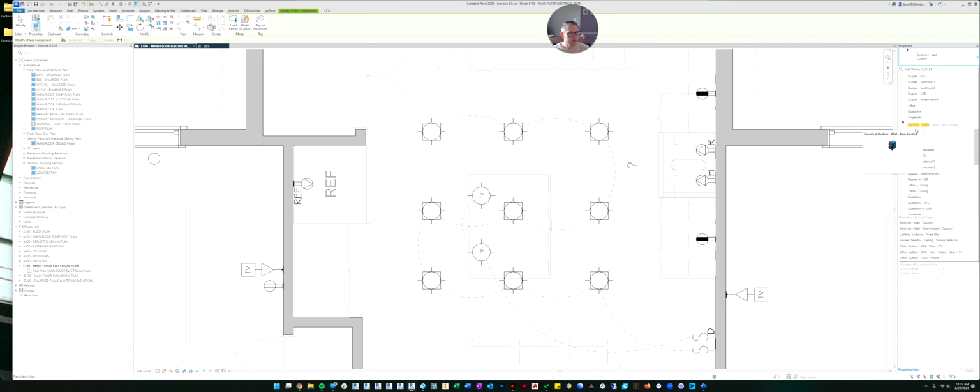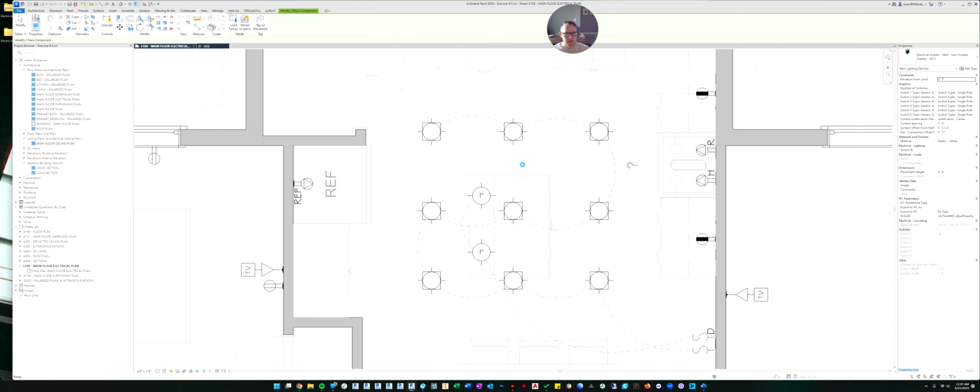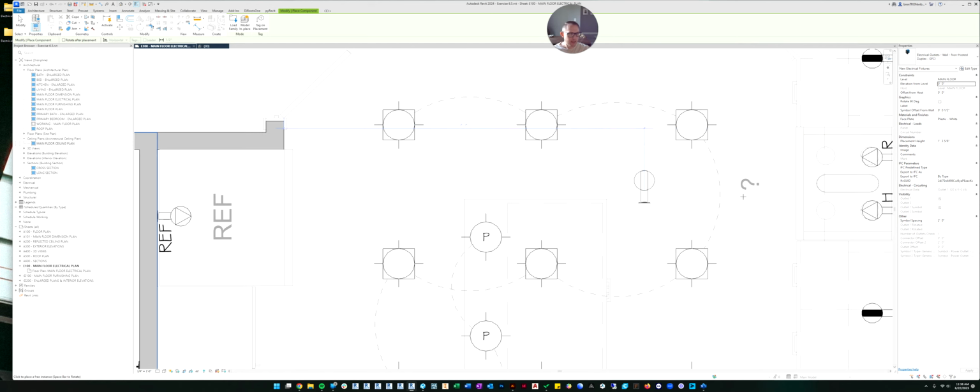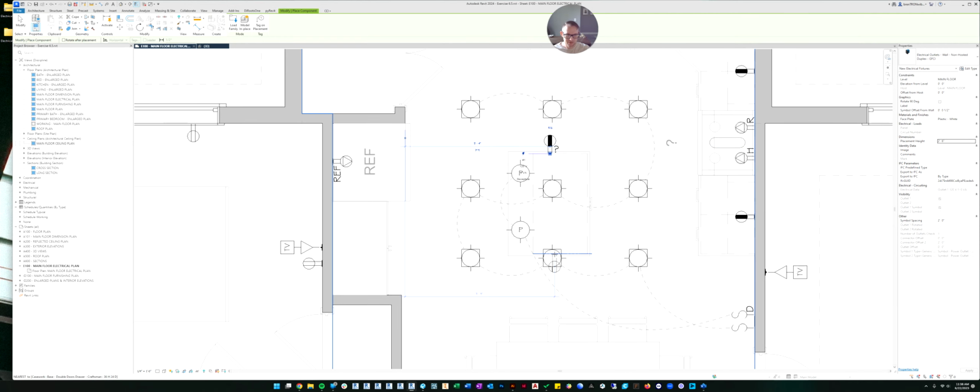And then there's one called electrical outlet wall. So it's going to turn the outlet as if it's on the wall, but it's not hosted to a wall. So it says non-hosted. That's what we would use for the island. So let's do a GFCI wall outlet that's not hosted. So pick that button and you can see it's not trying to snap to the wall. Now you can place it anywhere in the view. And let's place it 2.5 feet above the floor. And we'll just stick it on the end of the island on both sides like that.